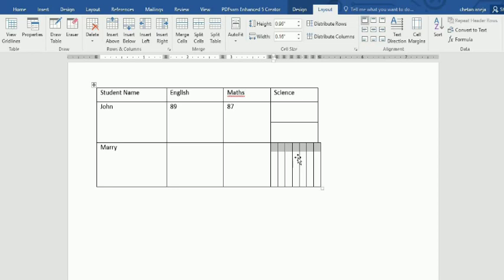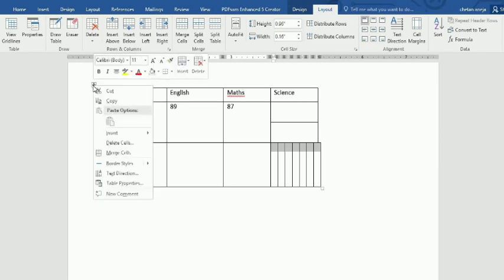Okay, and the last, if you want to delete this whole table, what you have to do is you will just click here, the table move handle, move your cursor here and right click. After right clicking, you will get the option of cut.